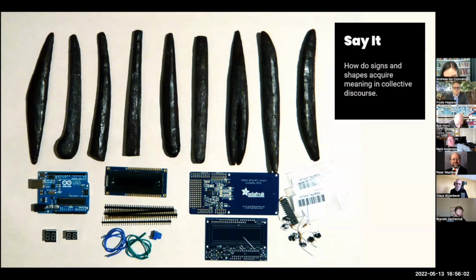RFID tags into them. But basically, this is based on a story from Gulliver's Travels. Gulliver goes to Lilliput, right? That's the country with the little people. And he runs into these Lilliputians that cannot speak in words. They speak with objects. So they carry on their back a big bag with a sample object of all the objects that they need to communicate. So if they want to tell you something about spoons, they will go into their bag and pull out a spoon and show it to you, and then you're supposed to, quote unquote, read that they mean to say